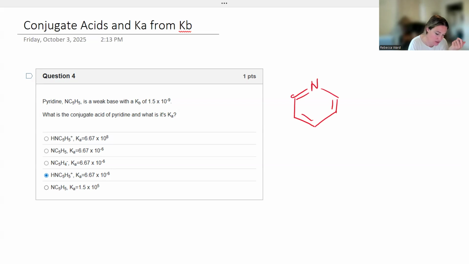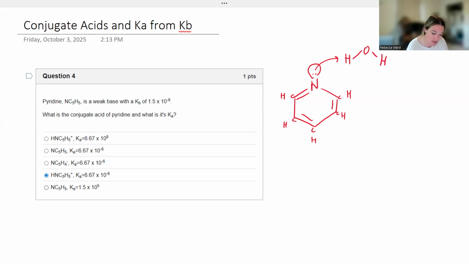Okay, those are carbons, and then each carbon has an H on it. I think it's just helpful to visualize this. You don't have to do this on the exam, but that nitrogen has a lone pair on it. That's why pyridine can act as a weak base. It's got this lone pair on a neutral nitrogen compound, which is likely to, every so often, grab a proton